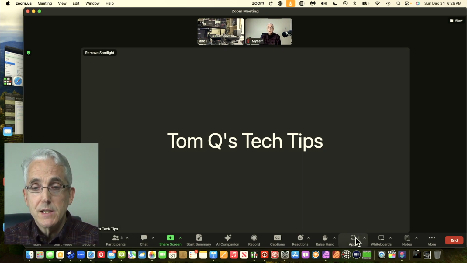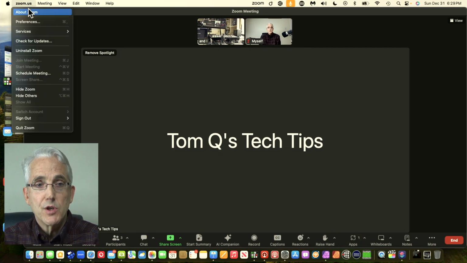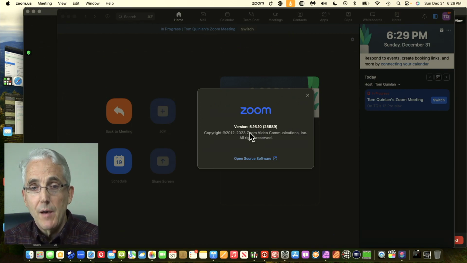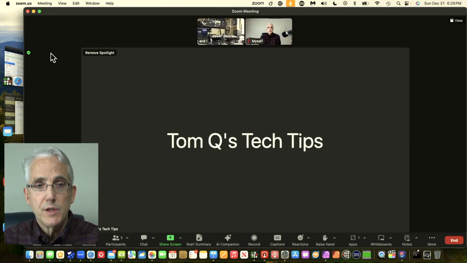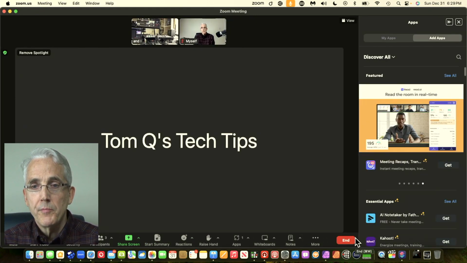But where we're headed is the apps section. So if you don't have the latest version of Zoom, if you don't see apps, check and see if you've got the latest version of Zoom, because it's a relatively new feature. So I'm headed over to the apps section, and there's a My Apps section,